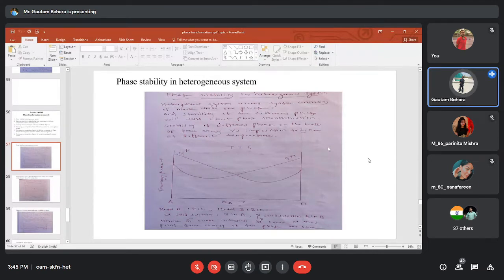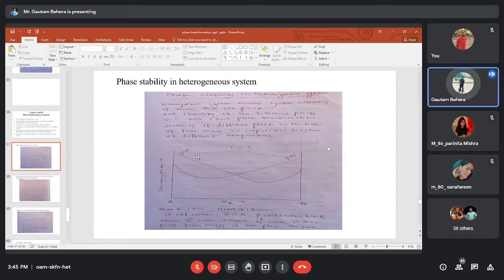Some phase will be stable at low temperature, some phase may be stable at intermediate temperature, some phase may be stable at higher temperature. Similarly, some phase may be stable at a certain composition. If you change the composition, that phase will not be there. It will transform. So phase stability will tell you about the phase transformation, that a particular phase is stable only at a particular definite temperature and composition. So if you change the composition, if you change the temperature, a new phase will come out, right? So that is phase transformation. Okay,